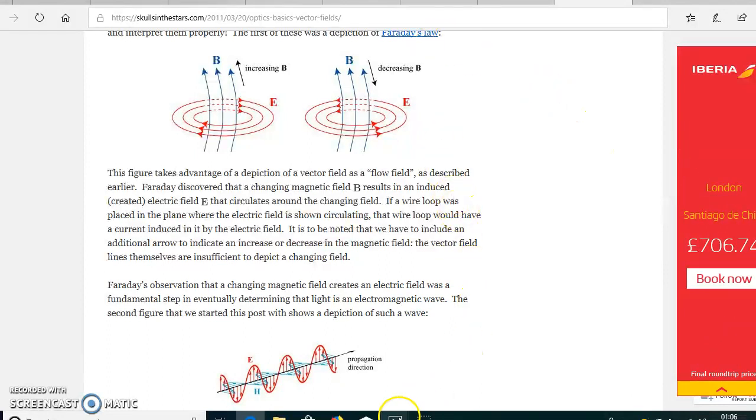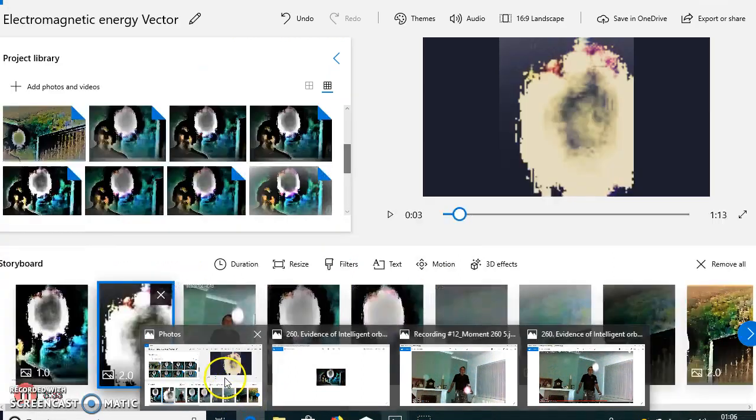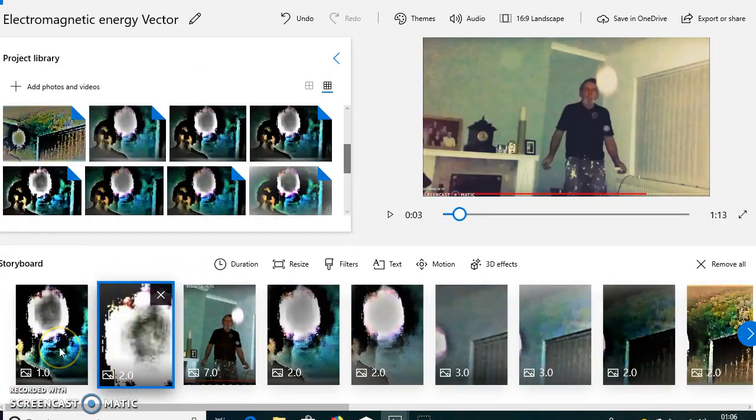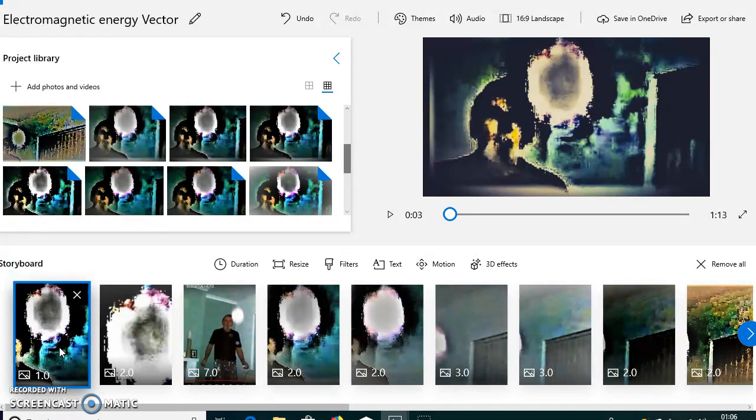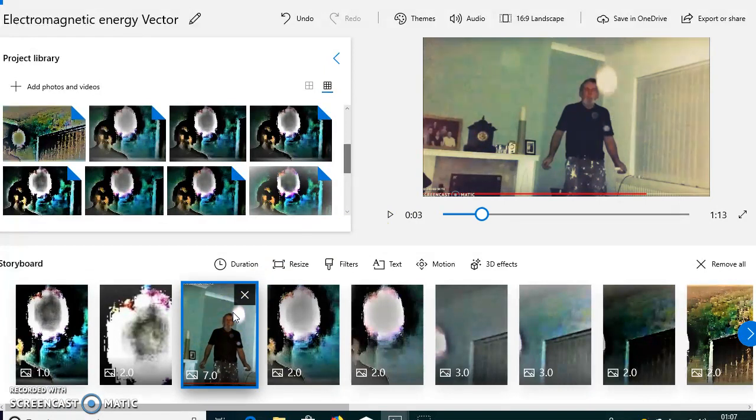So now to get back to this. Right, this is what I ended up with. This is the orb as it passed my face, and I went from that. I went into the editing. As you can see, as I'm going into the editing, this is starting to turn grey,